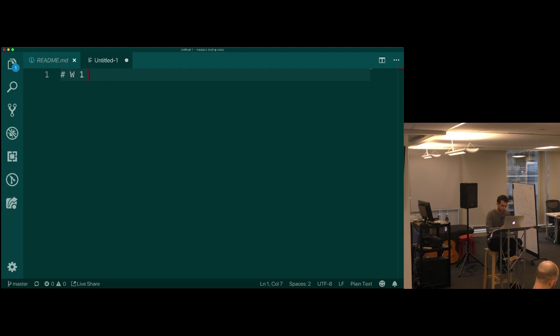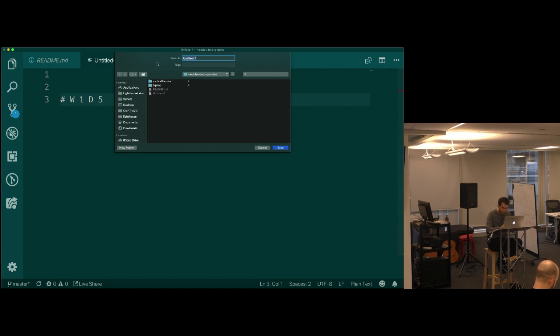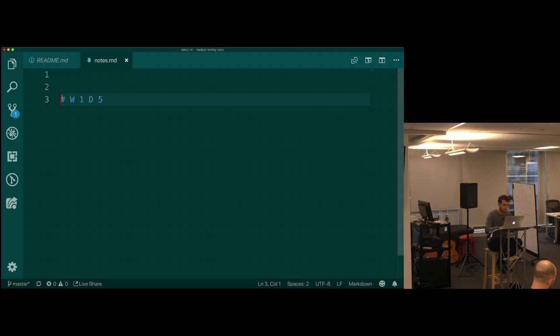So week 1, day 5. We are talking about something called modules and something called testing today. This is going to be your first introduction to a couple of different words like modularizing. We're going to look at phrases like API and testing.